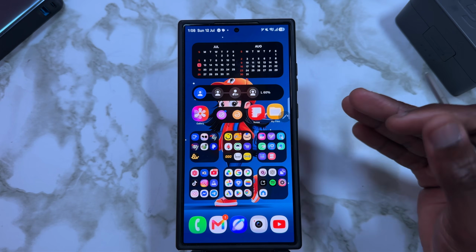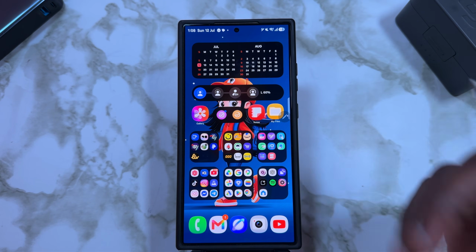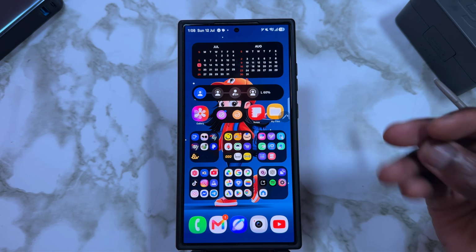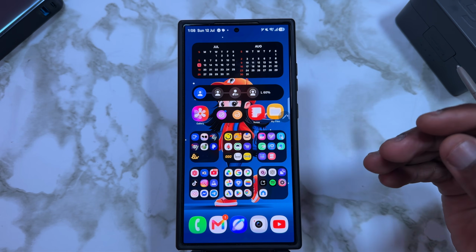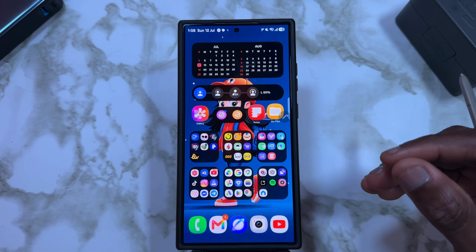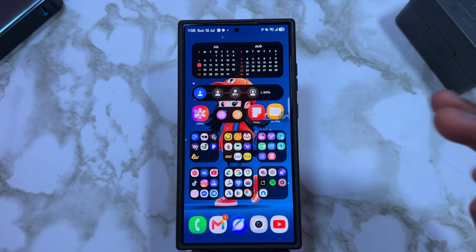After my last moving lock screen wallpaper video, a lot of you had one thing to ask me: can you do more? Some of you asked if I could do more colorful ones and all that, and the answer is yes. So in today's video, I will be showing you more of these ideas